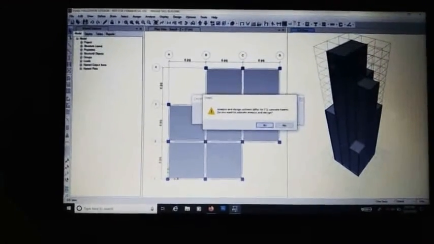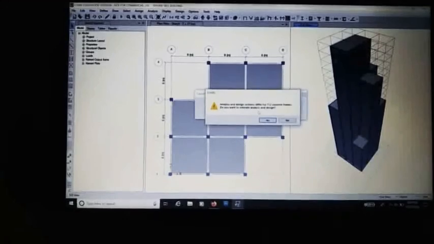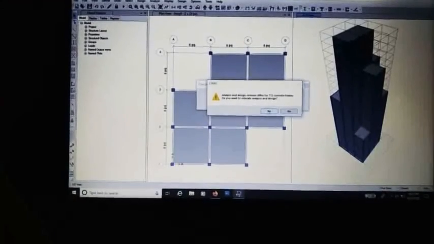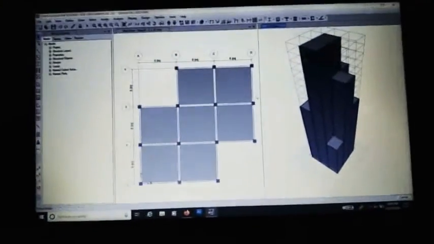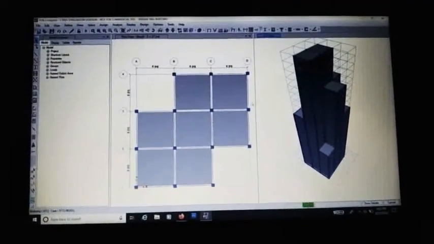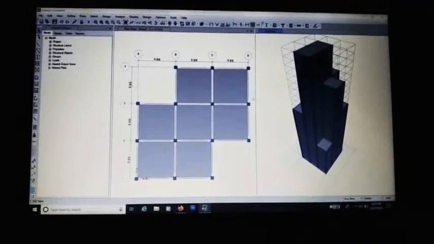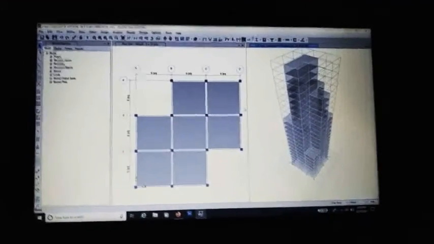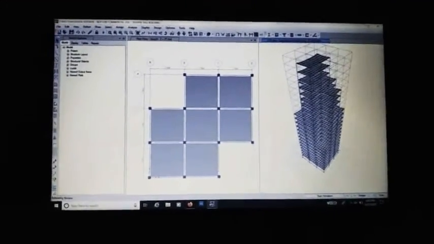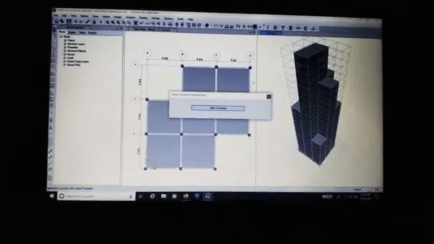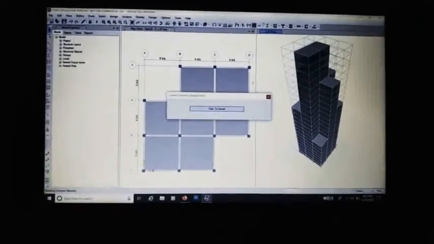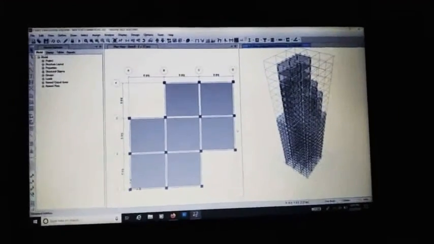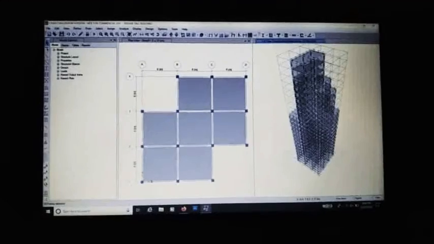We have to redesign 712 members as they have failed. Now we can see that all the members have passed.